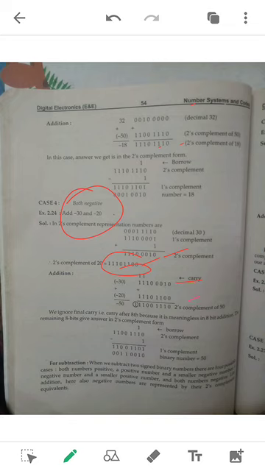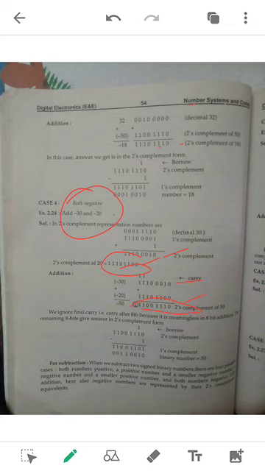So you are getting the 2's complement of 50. The result is in the form of 2's complement form. As I told, the 2's complement result is not required. We have to convert it into the original binary number by the reverse process. Reverse process means instead of addition, we have to subtract 1 from the 2's complement number. I already told how to subtract.